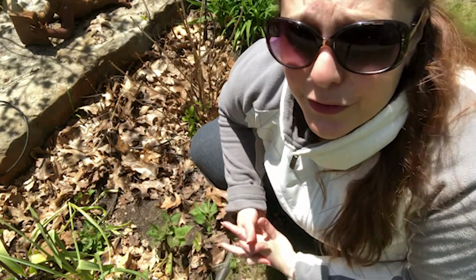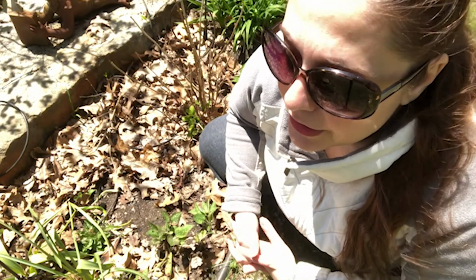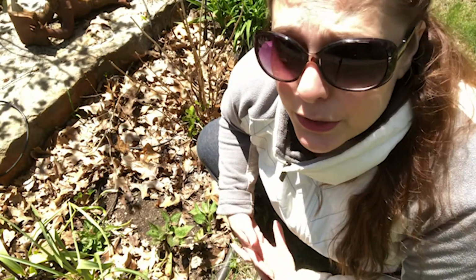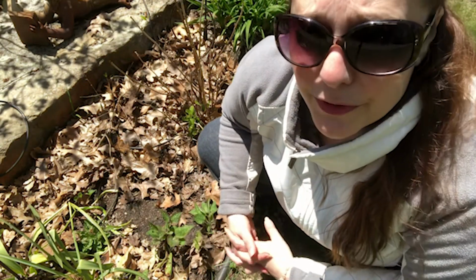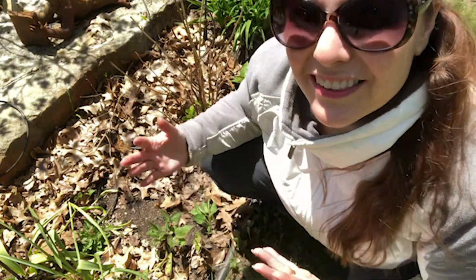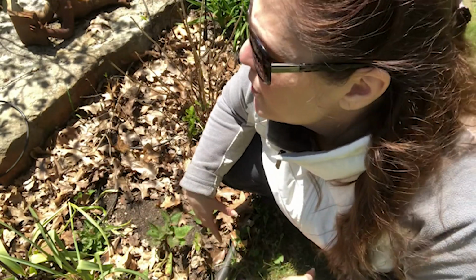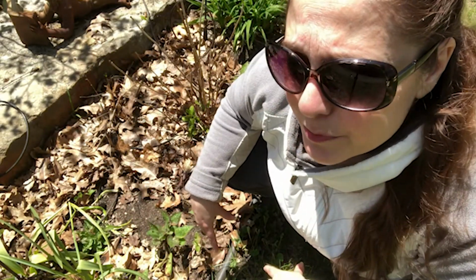So if you don't have a woodland river near you, you can just throw it in a pile in the back corner of your garden and just wait a couple weeks till it really warms up, and then you can go ahead and mulch and get rid of that pile. So that's the deal with the leaves. Less is more. All right, let's talk about pruning, because that is key to spring cleanup,